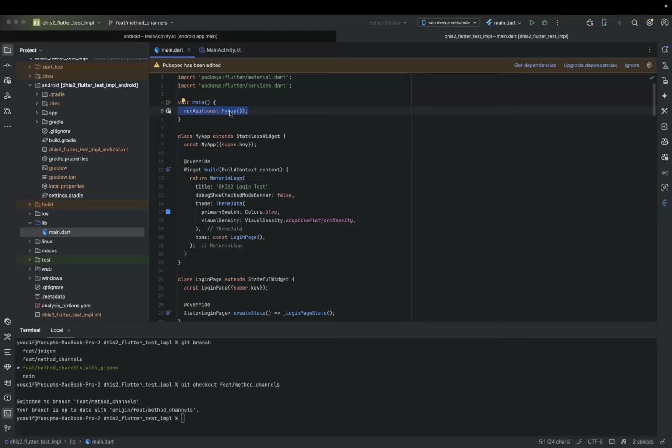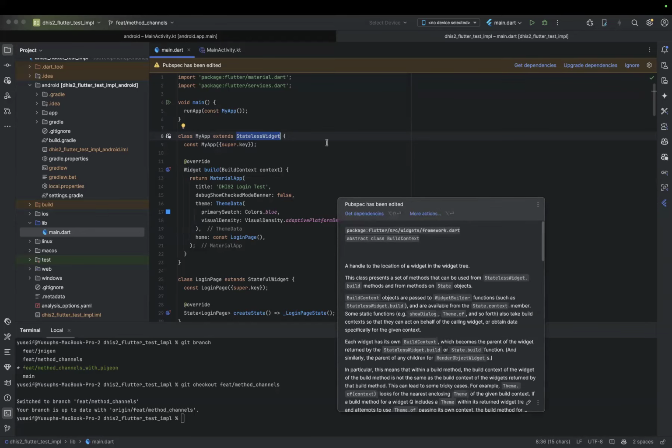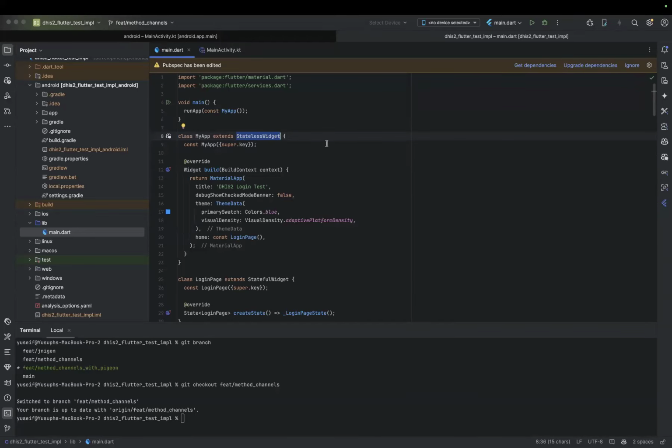You run, you pass your class, and the class can be a stateless widget or a stateful widget. Basically, widgets are, for example, if we were in Kotlin, we could have said activities. Here in Flutter, we call them widgets. A widget can be stateless or stateful. Just a little bit of context there. Stateful widgets are the ones that are state aware, and stateless widgets do not understand the state of the app at that particular time.